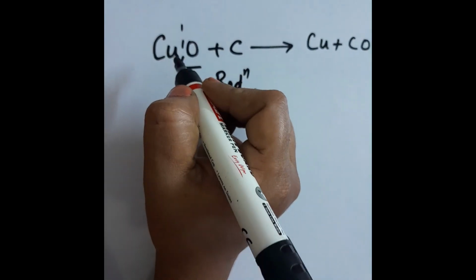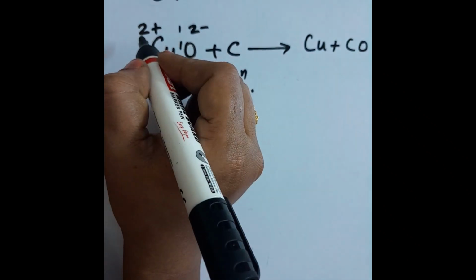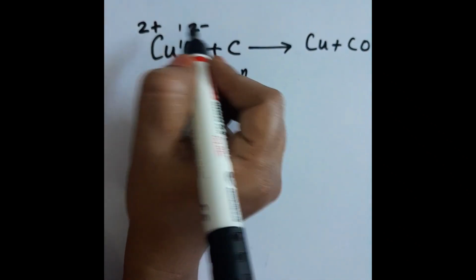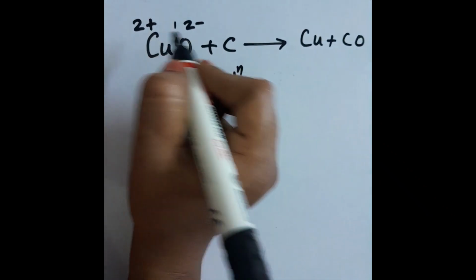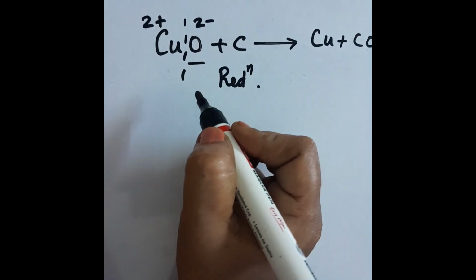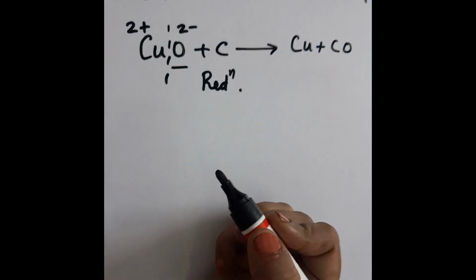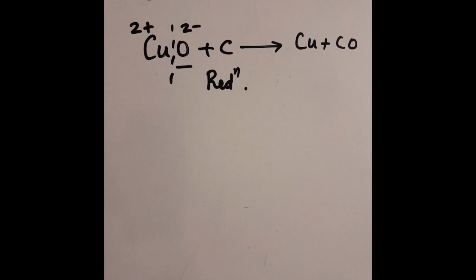If you see at the ionic level, this is a cation, this is an anion, the oxidation states being 2 plus and 2 minus respectively. So you can see they get neutralized because of the two opposite signs here. This is again the point which we were talking about in the beginning, that is oxidation and reduction based on whether oxygen is added or removed.